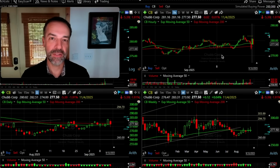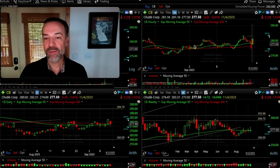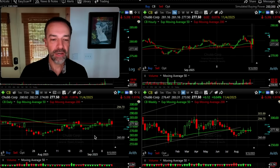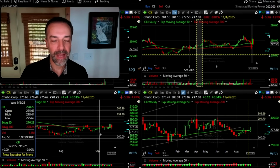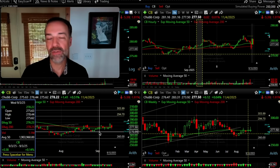Here's another one I was considering. It's CB, Chubb Corp. So again, the hourly chart looks good. It's not in a bearish trend, so that looks pretty good. Our daily chart also looks pretty good. But one thing I didn't like about it is that although we have support right around here, around $270,